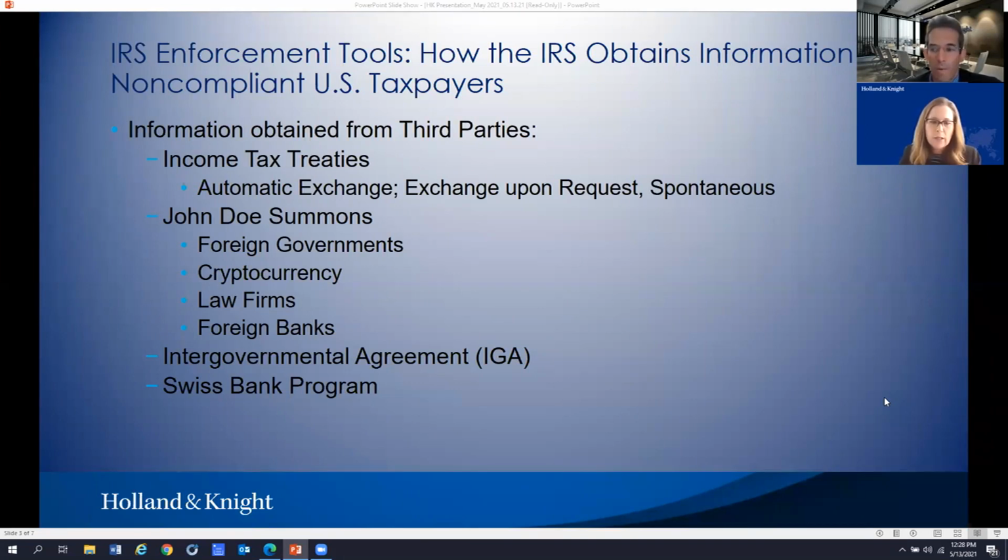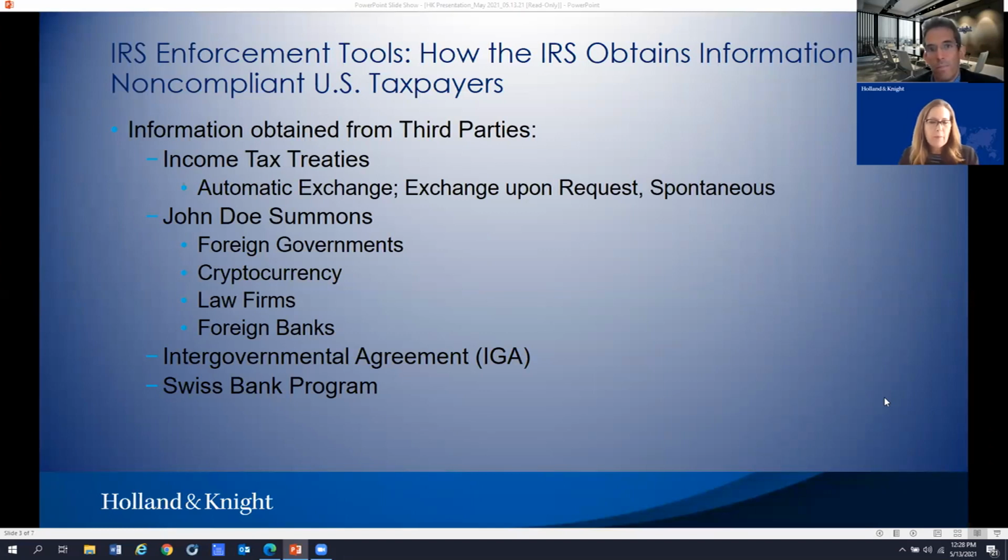The information included, not including the account holder's identity, other detailed information on accounts for which US persons had either direct or indirect interests. They also provided detailed information on all of the inflows and outflows, all of the transfers going in and out of those accounts, and also information on the bank's procedures for how they dealt with US account holders. And finally, those category 2 banks had to agree to close the accounts of any recalcitrant US account holders. So those account holders that didn't want to come forward.